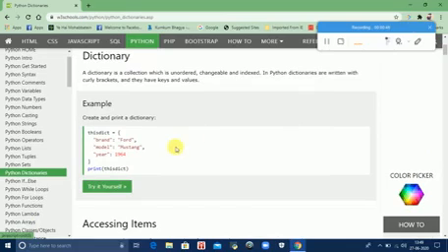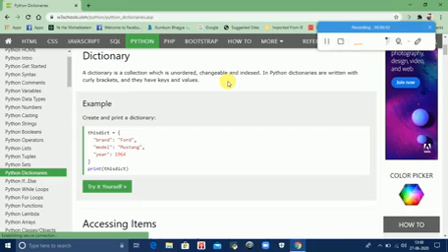So let's have an example. Dictionaries are changeable. It means they are mutable. You can change the values. And they are unordered. They are not stored at a contiguous memory location, but they are indexed. They have an index. It is not sure that the index numbers are in a proper sequence or contiguous, but they are indexed.